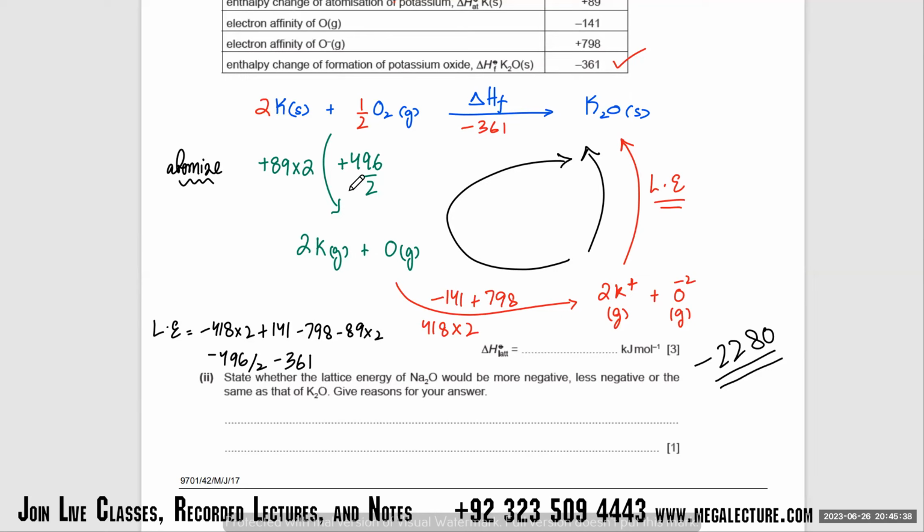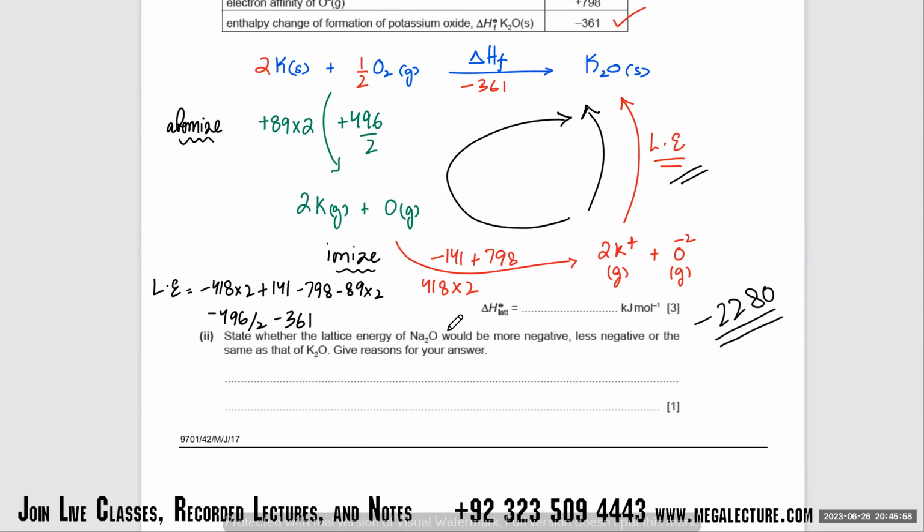So that's it. Atomize. This is the part where you ionize. Okay, just take care of the moles. Make sure which thing gets multiplied by 2, which one does not, and then you have the lattice energy. So the next one is easy, that state